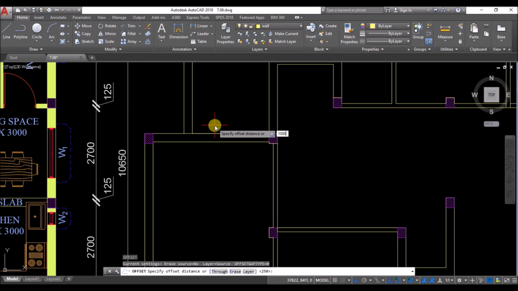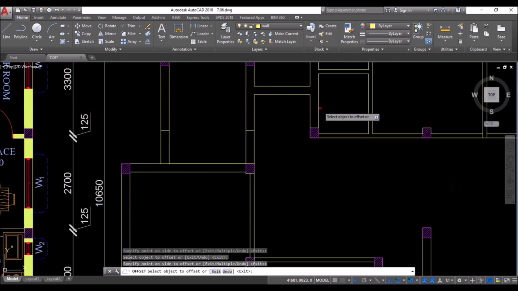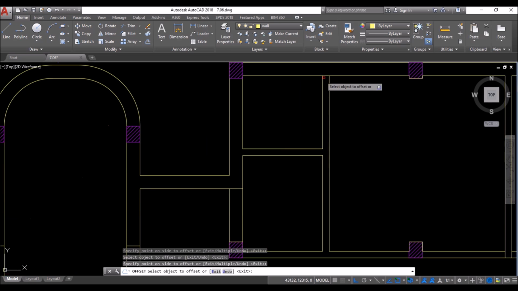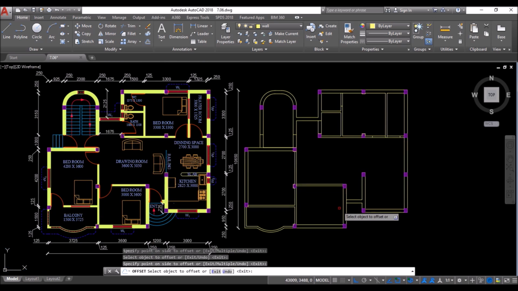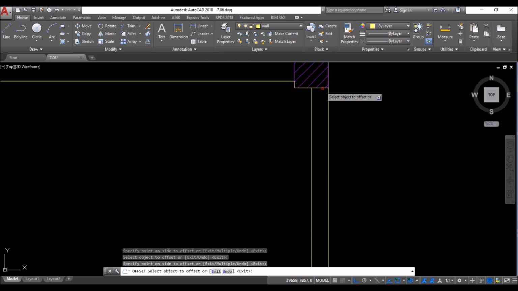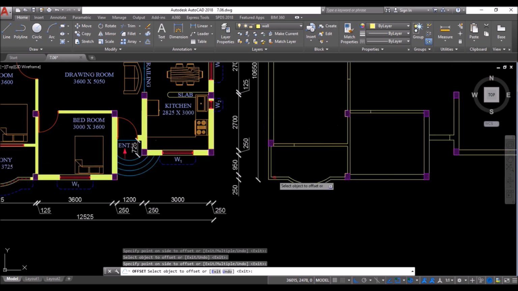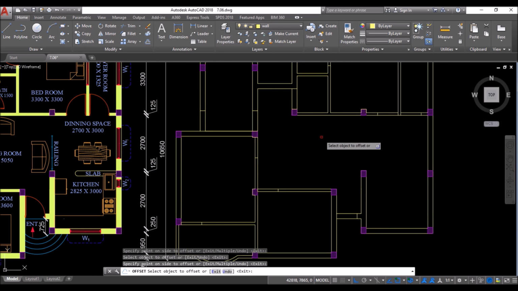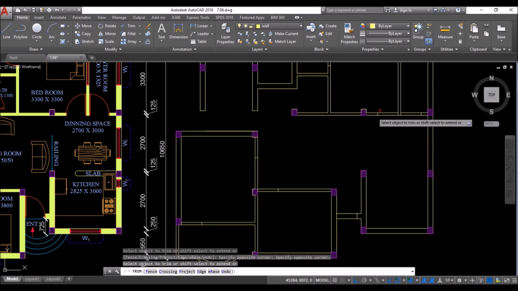Specify the offset distance as 1000 mm, press enter. Then offset all the lines in the direction as shown. Then type TR and press enter twice and trim these parts as shown to create the door cutouts.